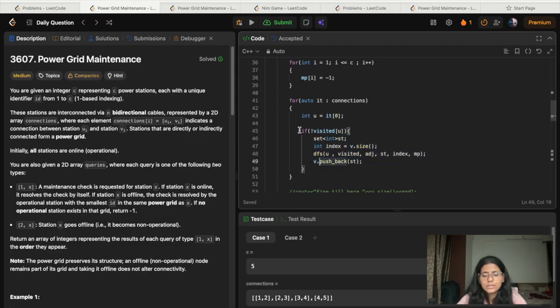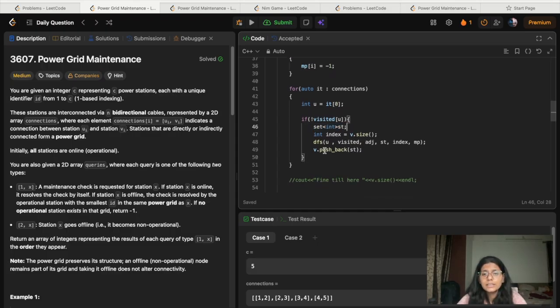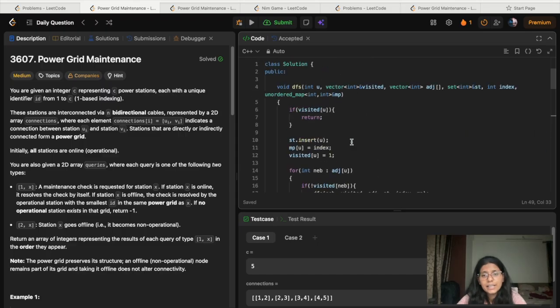You understood this, right? Through this we'll get a subgraph, and the nodes that are in that subgraph we store in the set, and that set will be stored in this vector v, and that index is mapped.